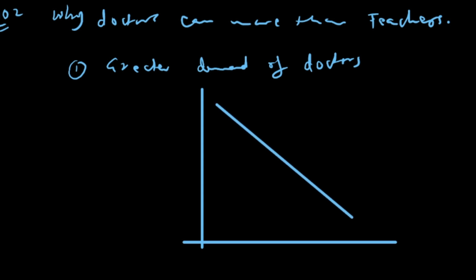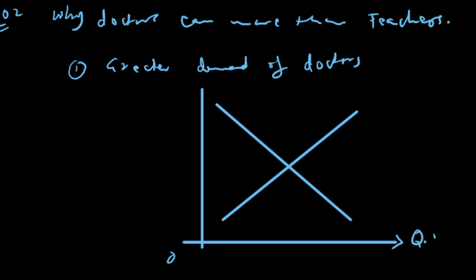You can make a supportive diagram for this. So this is the origin point. On X we have quantity of labor, this is demand of labor, this is supply of labor, and on Y we have wages. And this is the equilibrium point. Equilibrium takes place at E, where employment is Q and the wage rate is W.